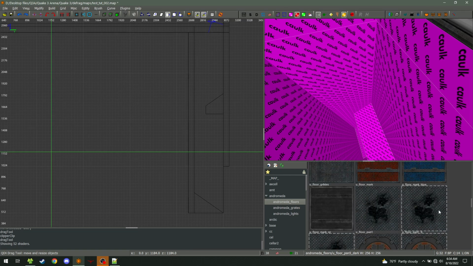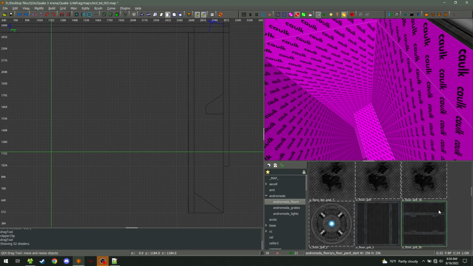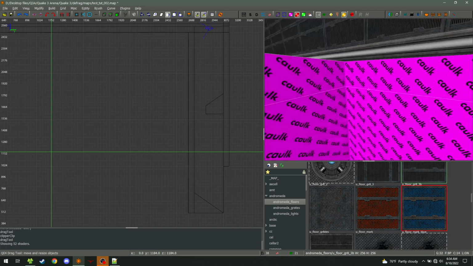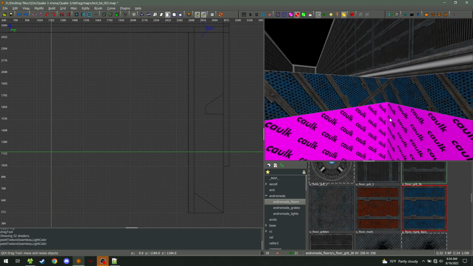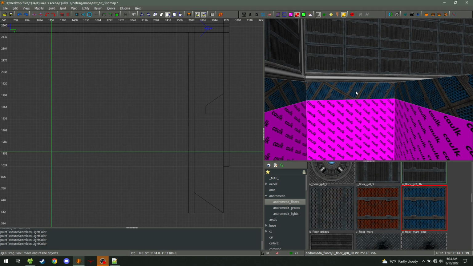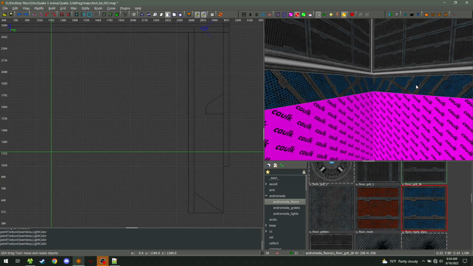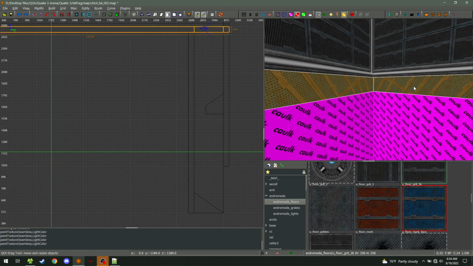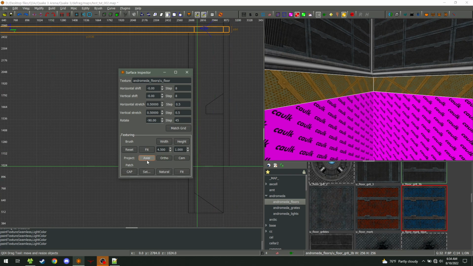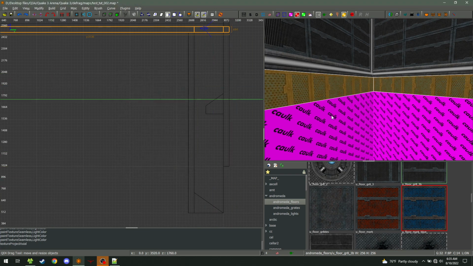Let's try and do some things here. So I'm going to create a trim. This is the only time I've applied this texture. So really quickly, I'm going to select it by pressing mouse 3, Shift A, press S for the surface inspector, axial, close,